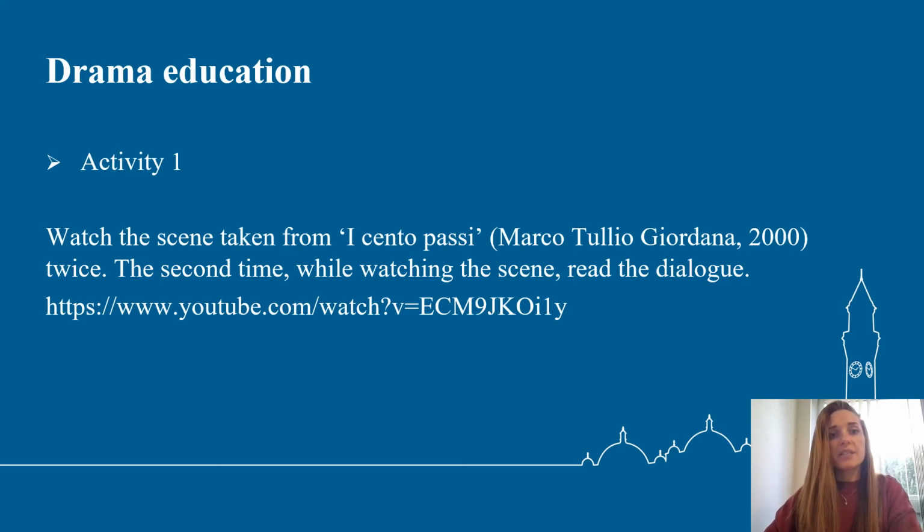This activity is divided into 3 parts, and the first part requires students to watch a scene taken from a very famous film named I 100 Passi by Marco Tullio Giordana, which is related to the general topic of mafia. Students are required to watch the scene twice, and while the first time they're only required to watch the scene